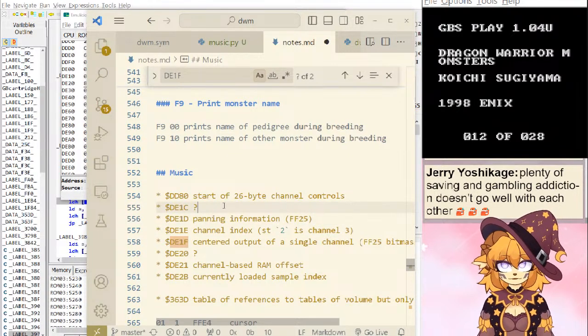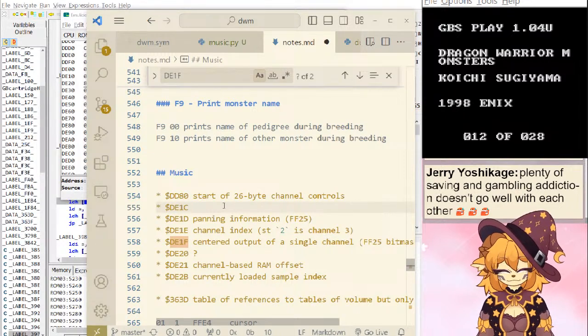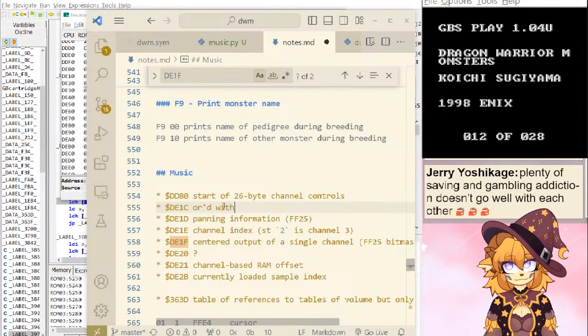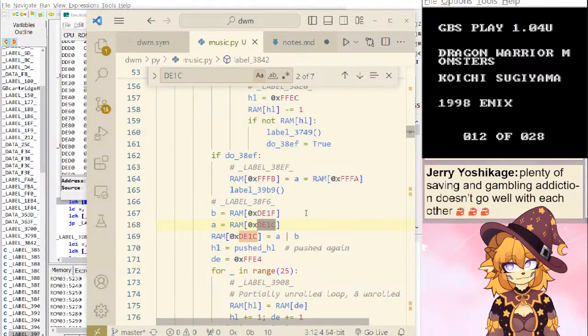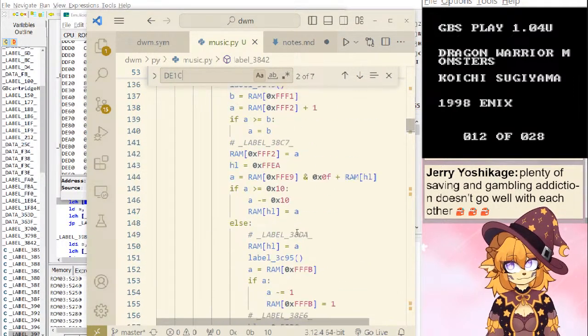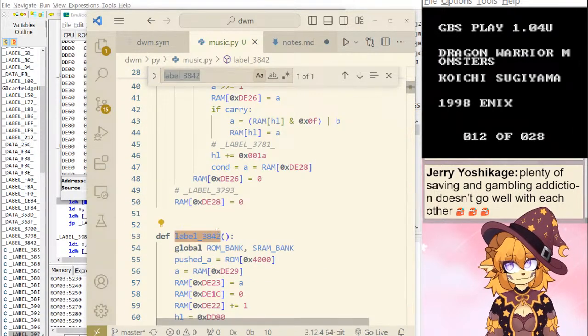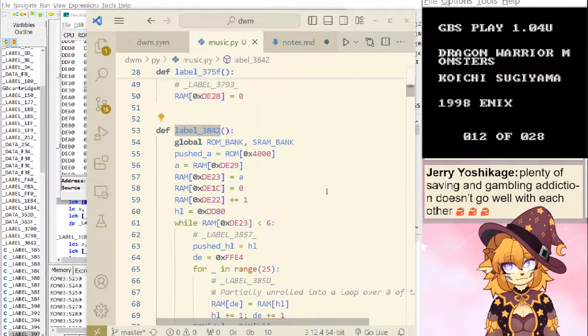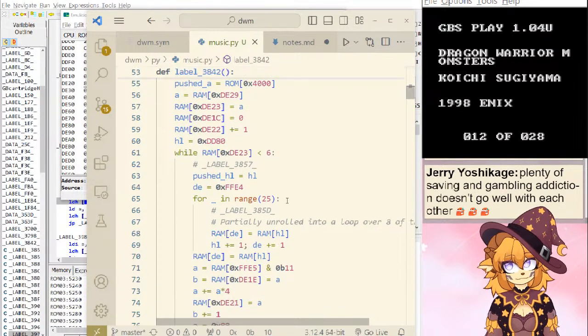Okay. DE1F. So when does this occur? Is this the playing function? I think so. This reads from RAM and then outputs it.